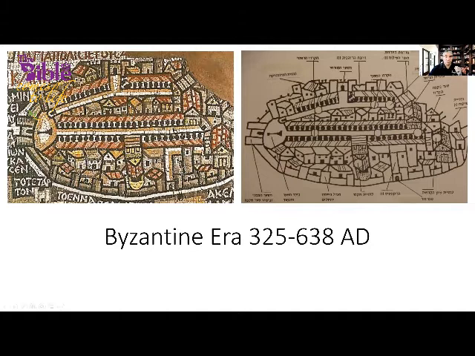One of them, the most important, of course, is the Church of the Holy Sepulchre. Right here, Helena decided that this is Golgotha. There is no earlier tradition that this is Golgotha, and actually where the Church of the Holy Sepulchre is today used to be a temple of the goddess Venus. So Helena decides that this is Golgotha, and we have the building of the Church of the Holy Sepulchre.